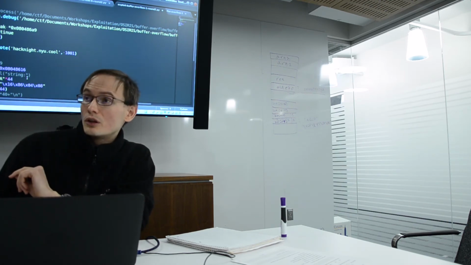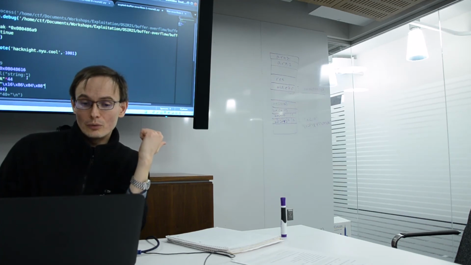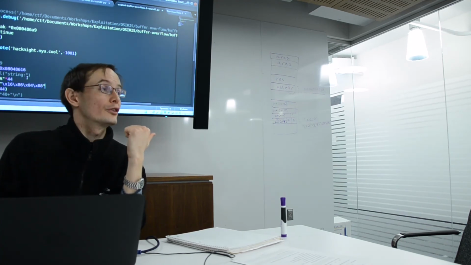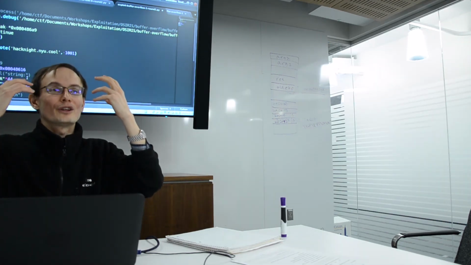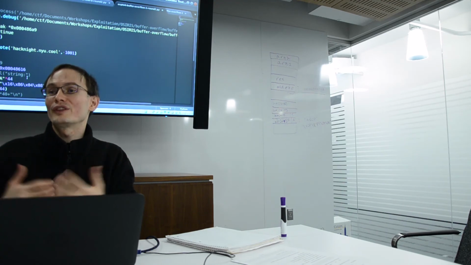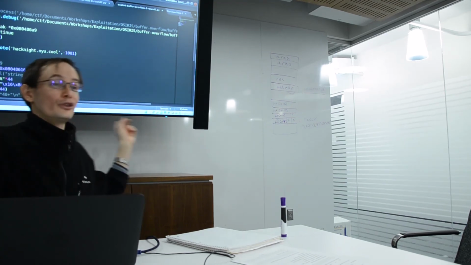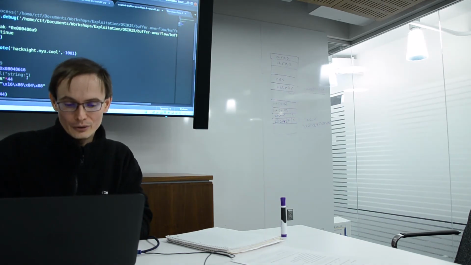Alternatively, we could ask Pwnlib to do this for us, so that we don't have to constantly be parsing integers backwards in our brains as we're working on an exploit. That's just really error prone. It's important to know how to do this, but it's also error prone. So another thing we can do,